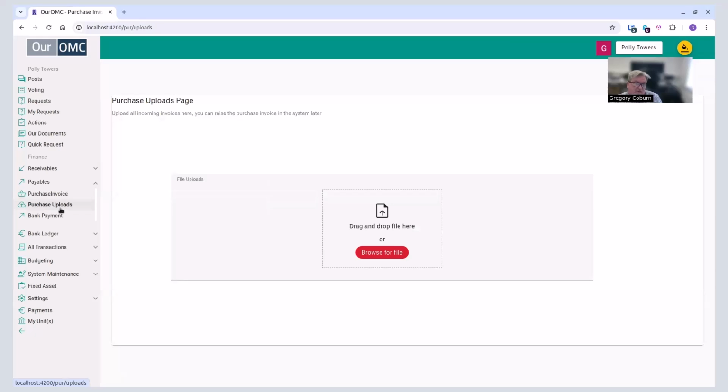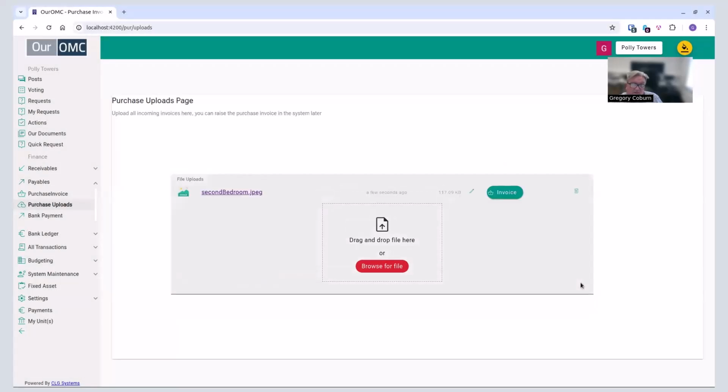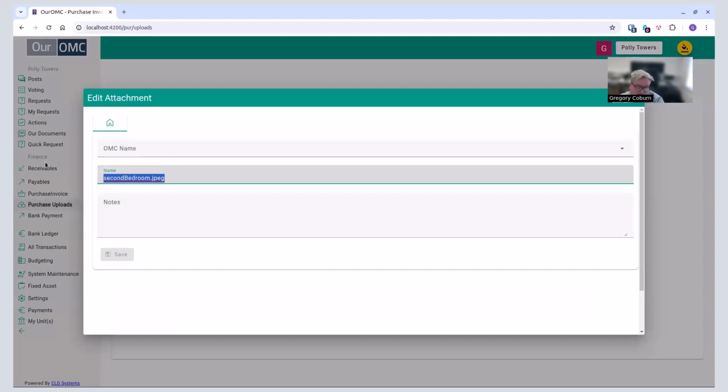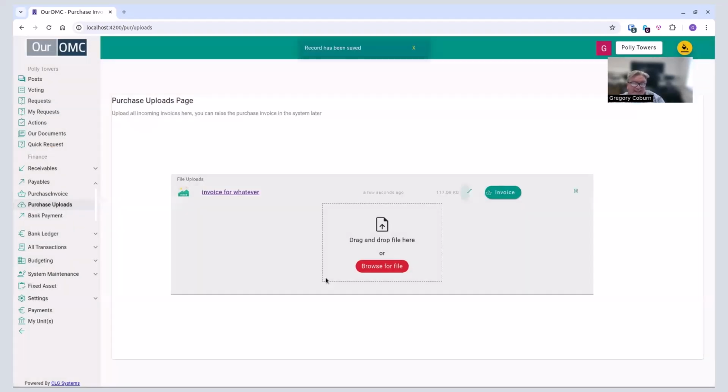Oftentimes we don't have time. We get the purchase invoice in and we don't have time to figure out what exactly it is. So we just want to get it in. It comes into the email. So we might want to just drag and drop the files in there. If you notice all my files there, I've got copies of a new apartment that I've been doing some work for, and I'm just grabbing the pictures from that. Sorry about the file names, but I can just pile it up and I can say, what is that? That's actually the invoice for whatever, and this special thing. We can keep track of that,